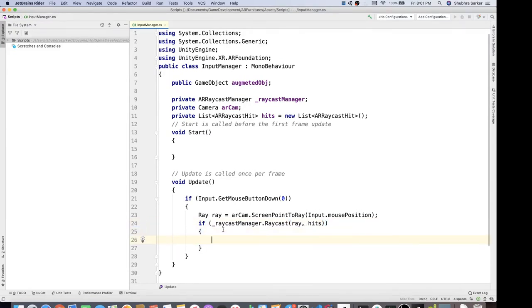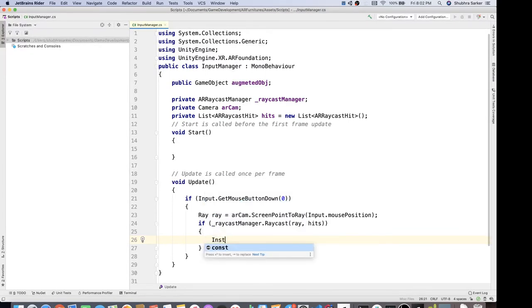So what will happen if it finds any kind of hit information by throwing a ray, which is calculated through the input position of the user's mouse location or the touch location, then we are going to store that hit information in this hit list. Okay, and then we are going to